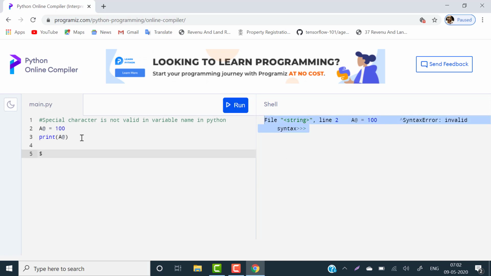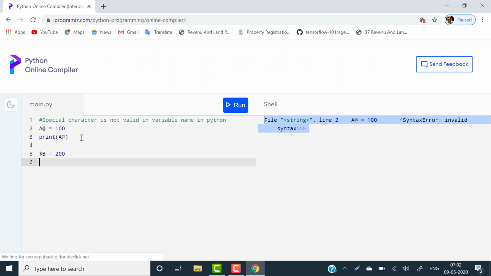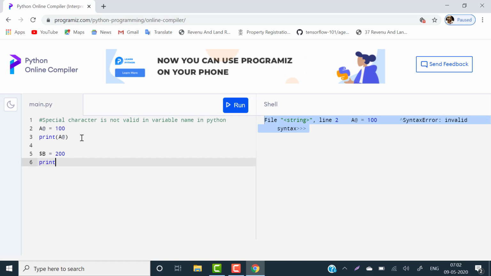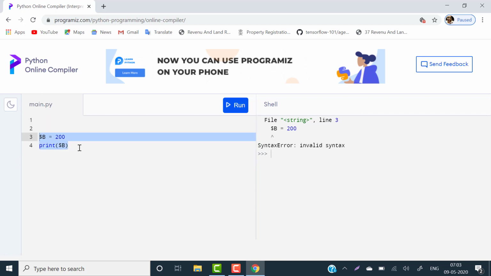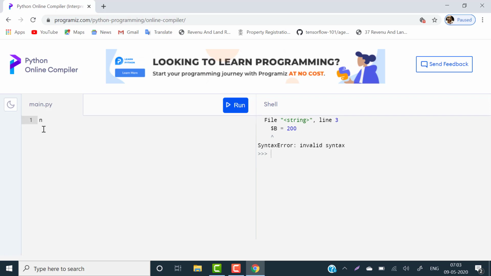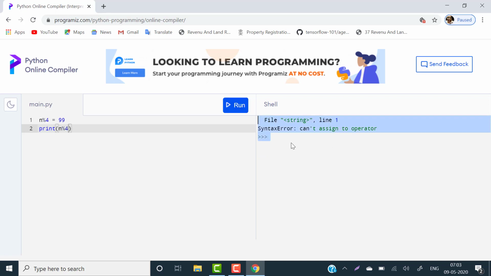Like I write $b is equal to 200, print $b. Again it gives invalid syntax. So a special character is not allowed. Similarly n%4 is equal to 99, print n%4. See, it is giving an error.